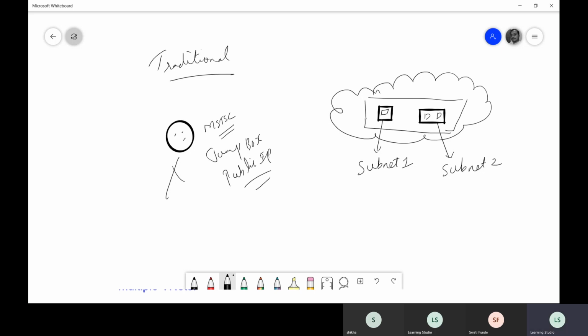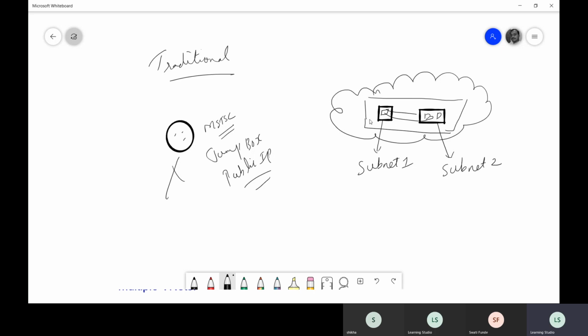Has that public IP address. And once they are connected to this jump box, they can then RDP or they can SSH to these servers. Now, this actually exposes a risk because this virtual machine, which we are treating as a jump box, has a public IP address. Now, if a virtual machine has a public IP address, it becomes easier for hackers to